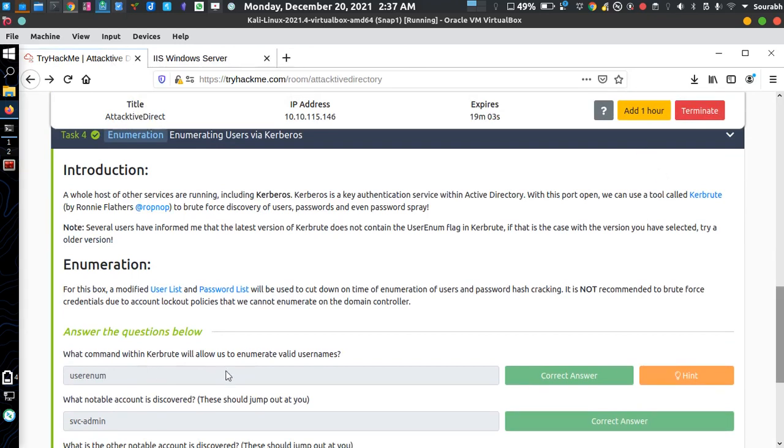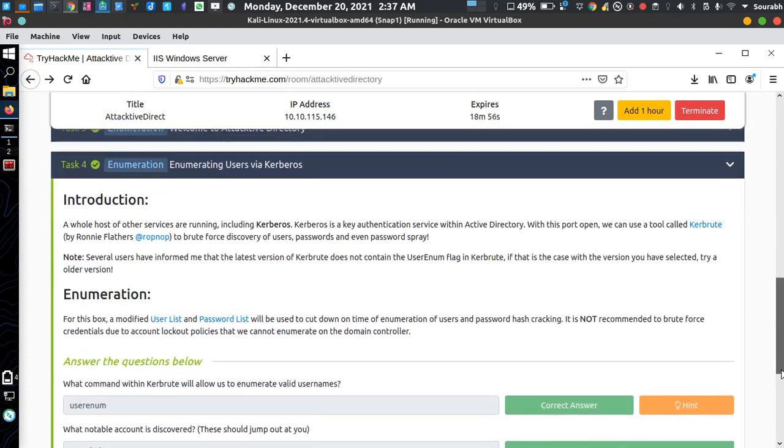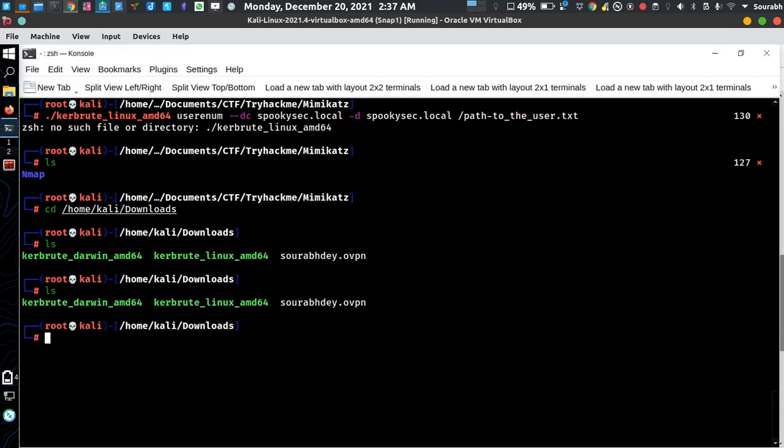For finding potential users and potential passwords, we are going to use a tool called Kerbrute Linux 64.